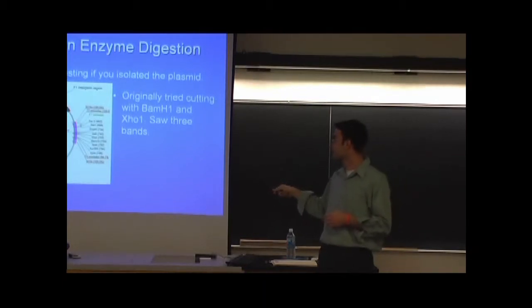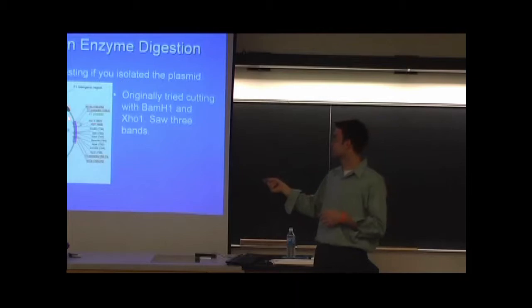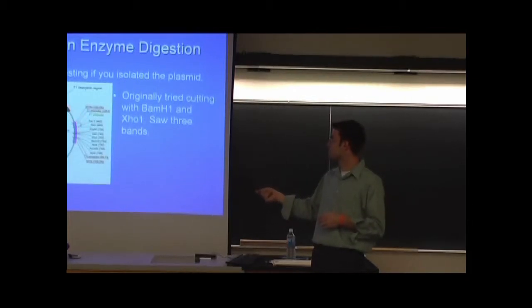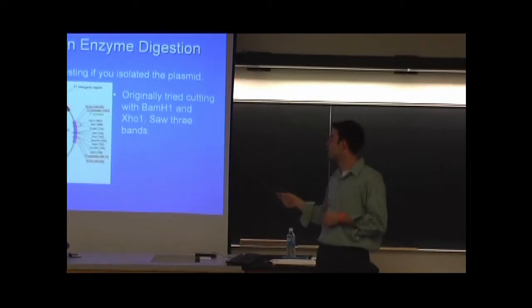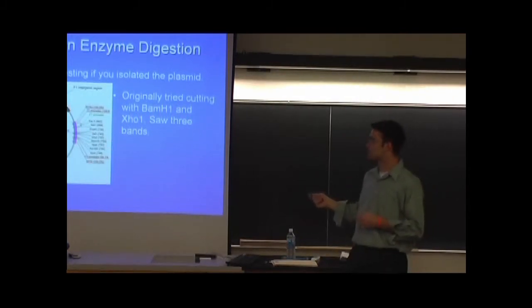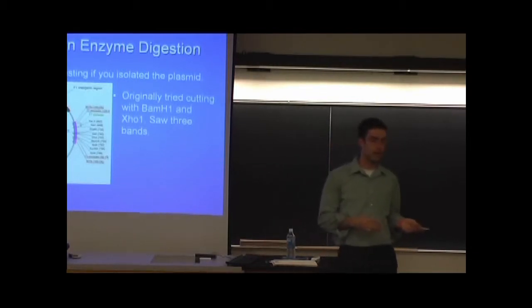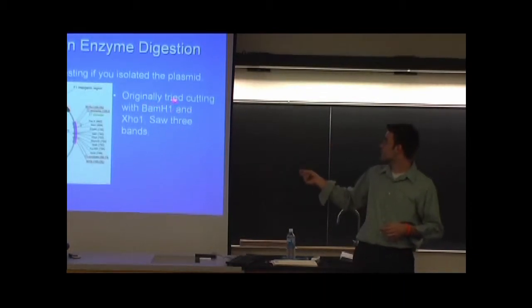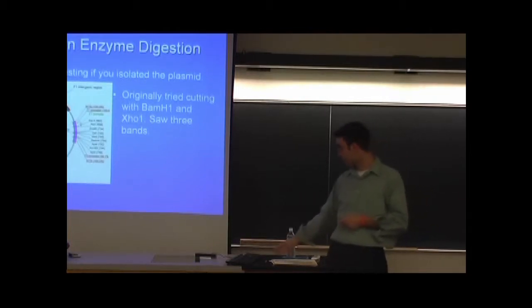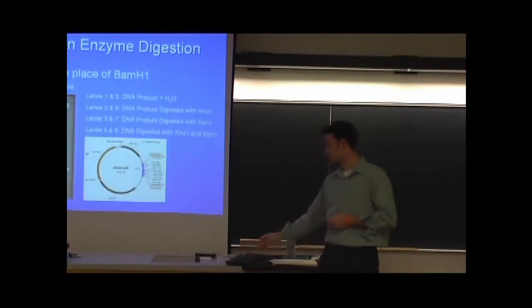And they'll cut the DNA, and in theory, you should have your gene of interest in one band, and then the rest of this vector, you should see another band. But we saw 3 bands, which means it's cutting somewhere else. So what I did is looked up the gene sequence of Aldh5A1 online, and sure enough, BamHI actually was found in the Aldh5A1 gene sequence. So BamHI is cutting our gene, which you don't want if you're trying to